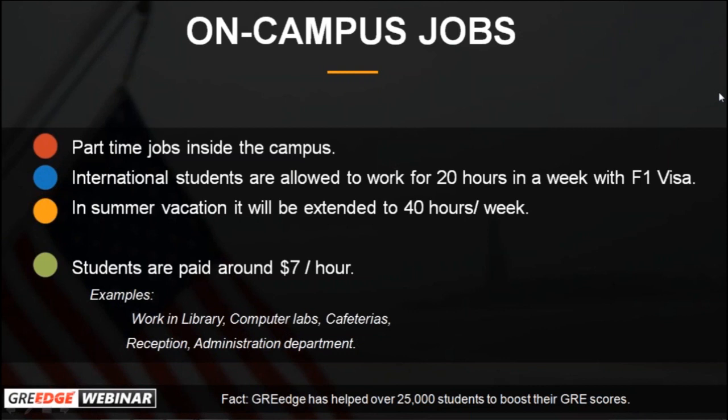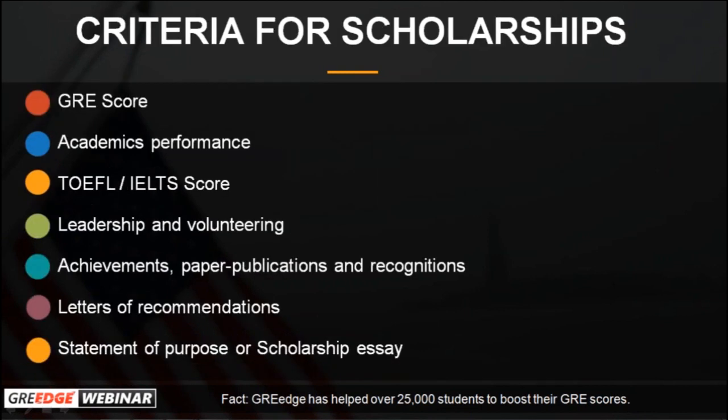The next part is the criteria for scholarship. The very first criterion I want to put point blank is your GRE score, guys. GRE score obviously is the very first criterion to even get into a particular university with scholarships. So be very clear about that. Next, your academic performance: the CGPA that you have, the projects that you have done in your final year and preceding years, and the internships that you've done in your college times. The third is a TOEFL or IELTS score. In fact, every university in the US requires at least a TOEFL or IELTS.